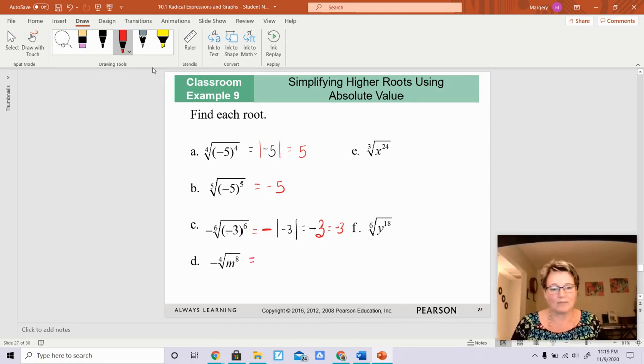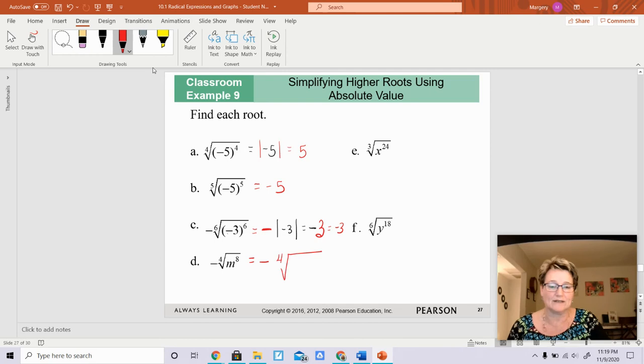Now the next problem, I have a negative. I have a fourth root, which is the 4 is the index, 8 is my power. Those two numbers are not the same. I need to make them the same. So what I'm going to do is break this up, and I'm going to use the rules